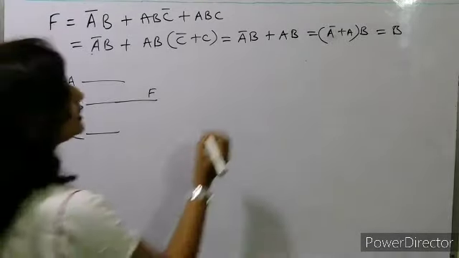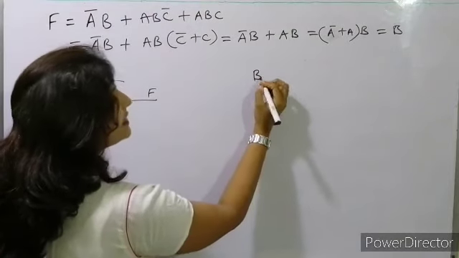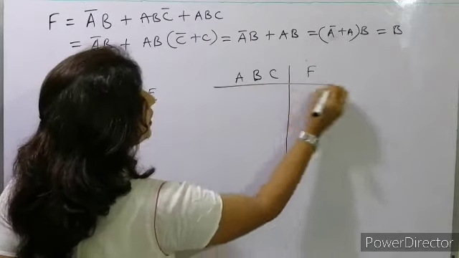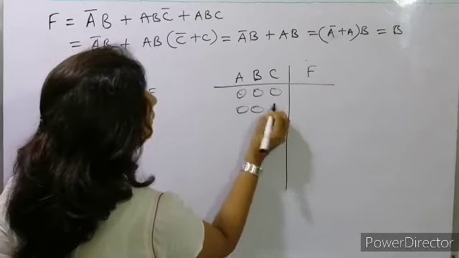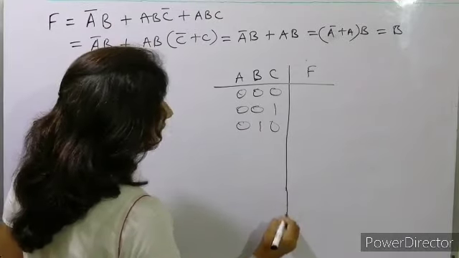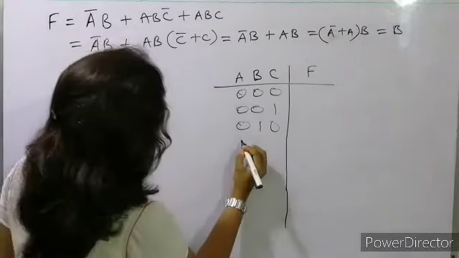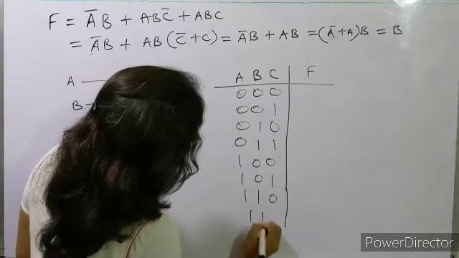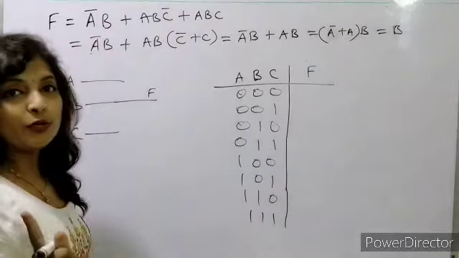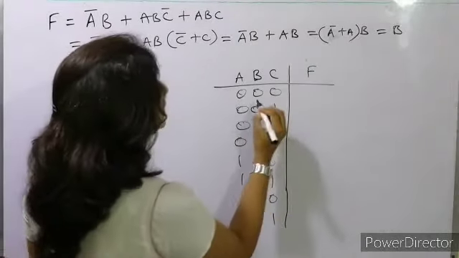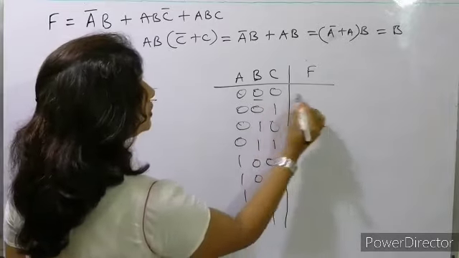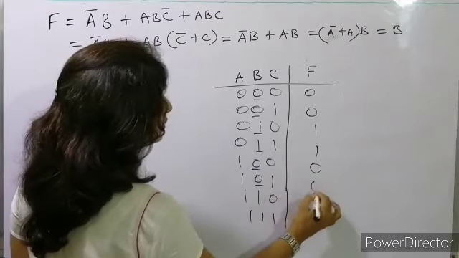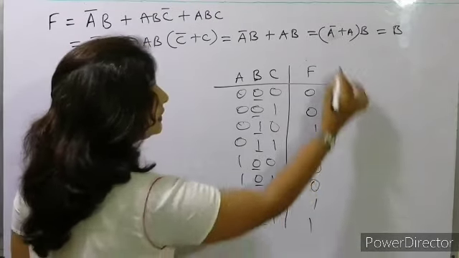Okay. So logical truth table क्या होगा? Only B is required. Okay. A B C हम लिखते भी हैं. So हम क्या 0 0 0, 0 0 1, 0 1 0, that is not required to write. But if we have written like this, 0 1 1, 1 0 0, 1 0 1, 1 1 0 and 1 1 1. ठीक है. So B is equal to F, मतलब F is equal to B. So directly we'll write whatever is there in B. So 0 0 1 1 0 0 1 1. That's it.